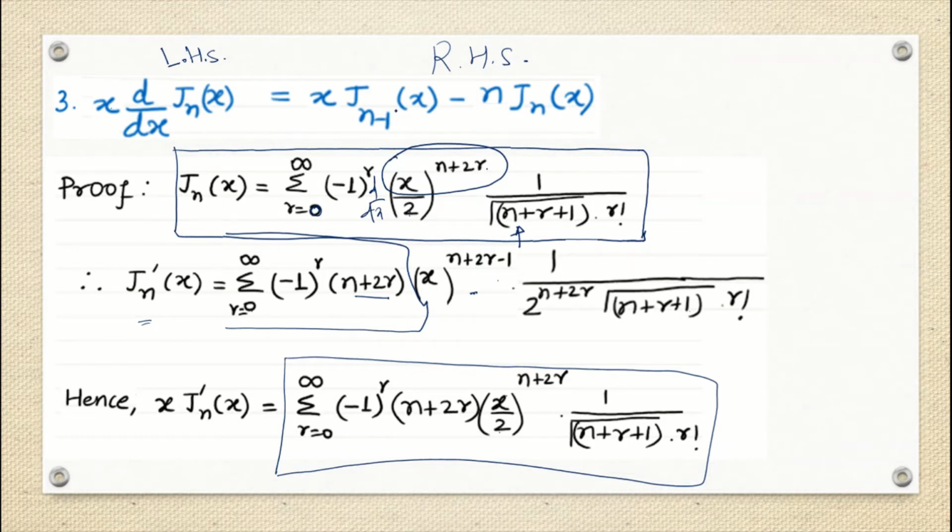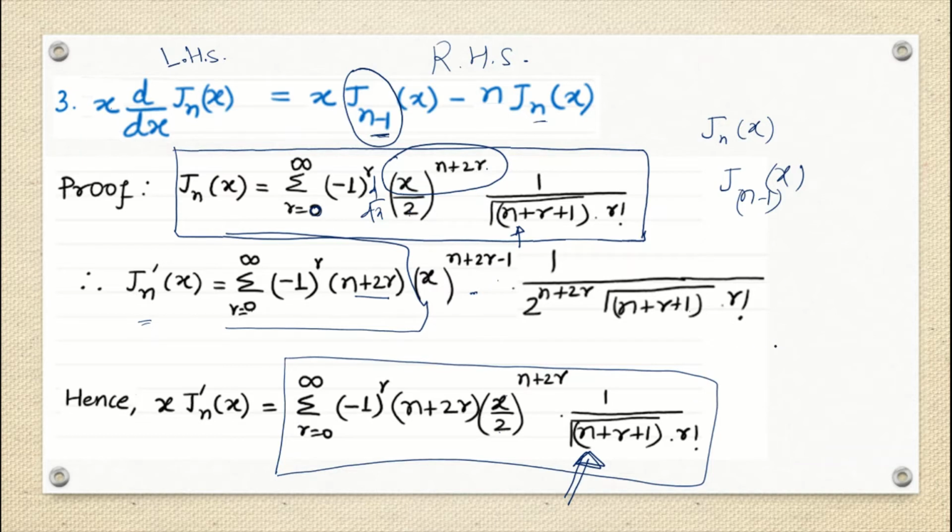So we see that here the Bessel function is of order n minus 1, and the other is of order n. Okay, so always remember this point: if you have to convert your Jn(x), that means the Bessel function of order n, with some arrangement into J(n minus 1)(x), you always have to focus on this gamma function. You have to rearrange this gamma so that you convert it into one previous term.